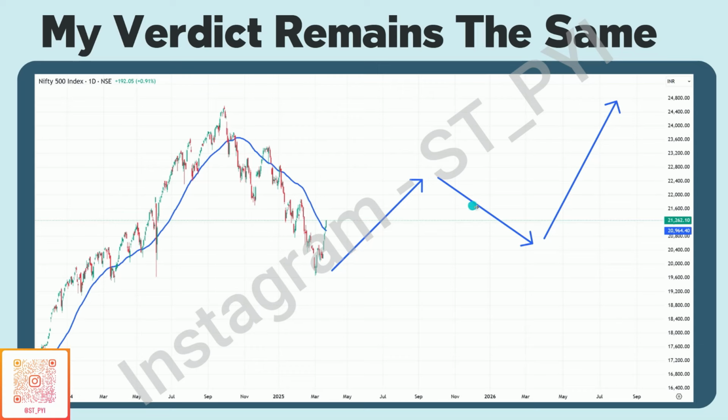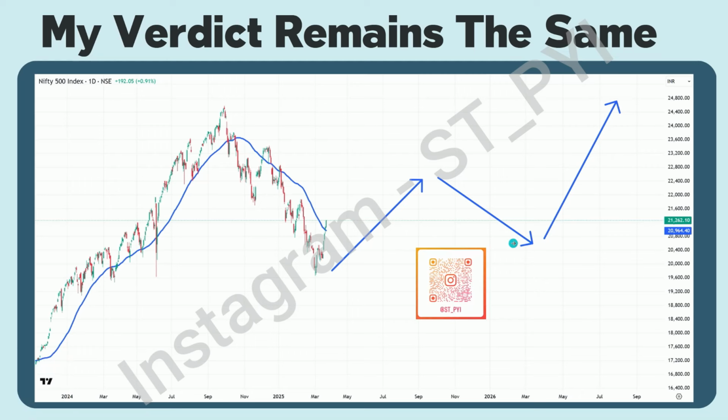And then we are going to go back and retest maybe this low or the 50% of this move. This is going to happen in the remainder of the year. And then in 2026, I see a really strong rally in the market. The reason I'm still sticking with such kind of structure is because I don't know how the US market is